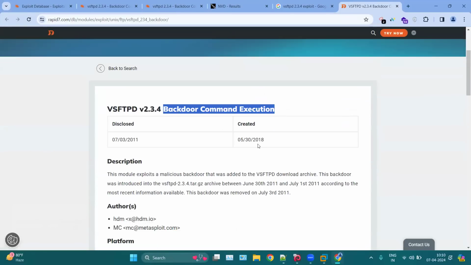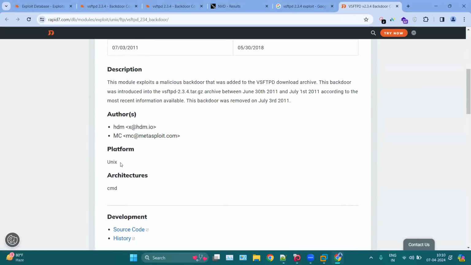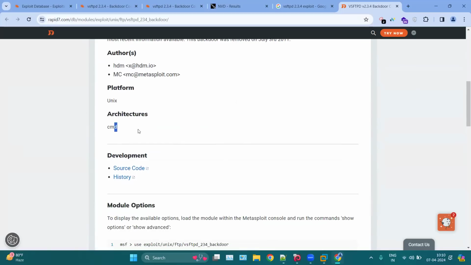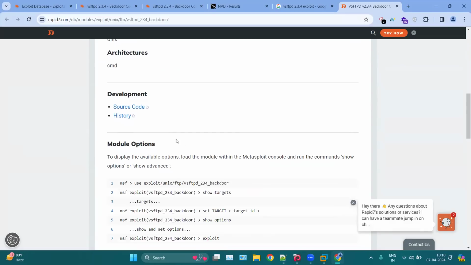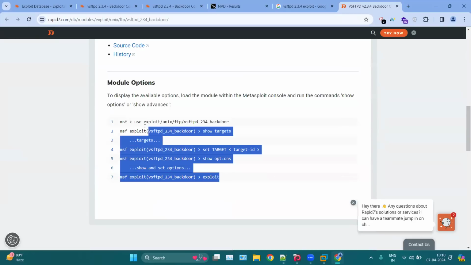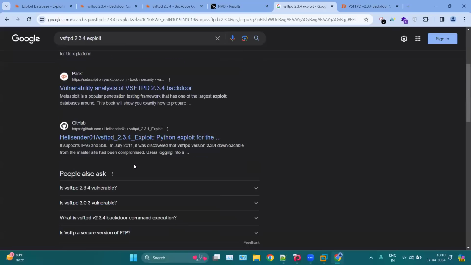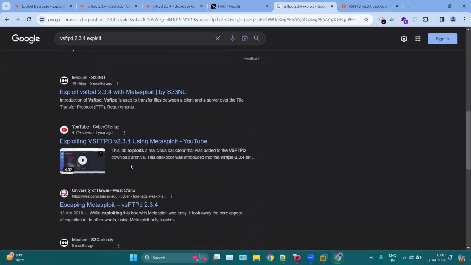Backdoor command execution. And this is the description, author, and the platform is Unix. And the architecture is CMD. We can operate this with the help of CMD, which means command line. And this is how we can operate. This is like the steps we can use to hack this machine. Then, more than that, we can also search on